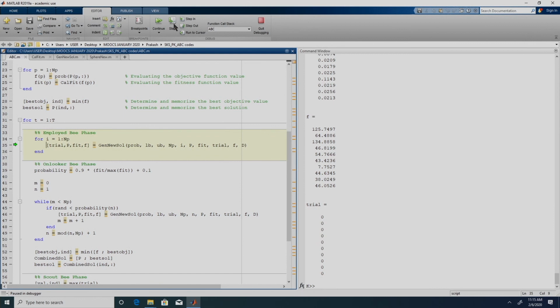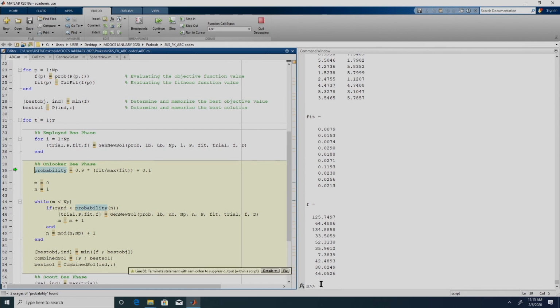Let us go back to this. So, for the third member again it will happen, right. For the third member we have completed the employed B phase. Similarly, we can do this for all the 10 members. Since the procedure is simple, we are not looking into each of those solutions.